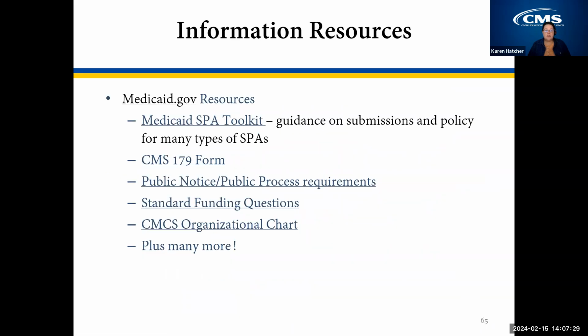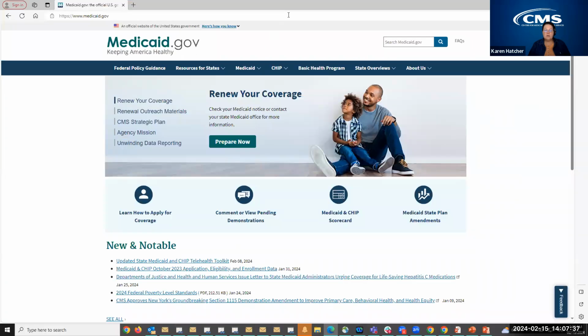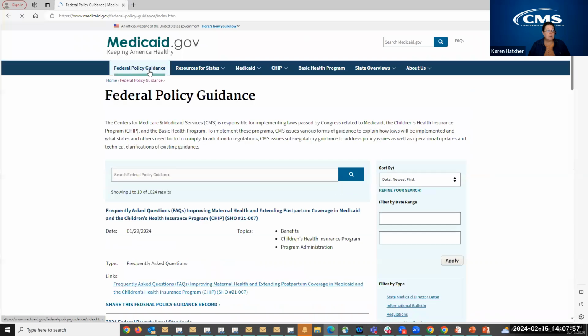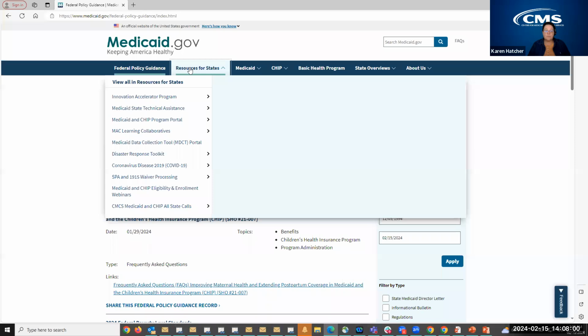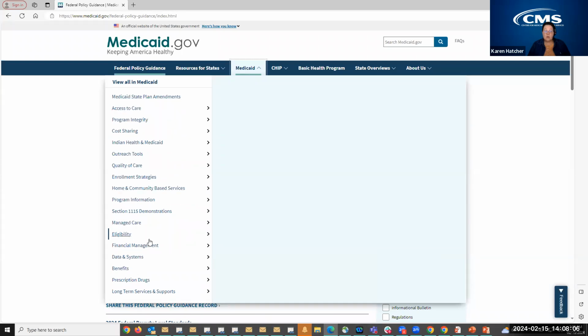There is a lot of really useful information available on Medicaid.gov. We put links to several useful documents on this slide and also want to highlight the following parts of the website. Medicaid.gov was recently revamped in how the information is displayed on the screen. The dark blue strip has headers that can be clicked on. From the headers, a box will appear with topics contained within the sections of the website. For example, federal policy. This is where you can find SMDs, SHO letters, CIBs, and other CMS guidance documents.